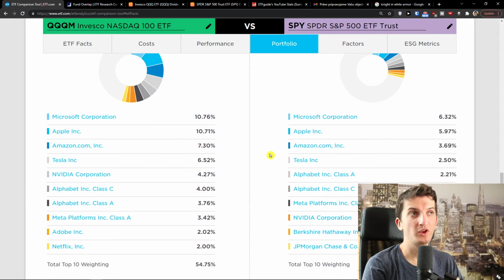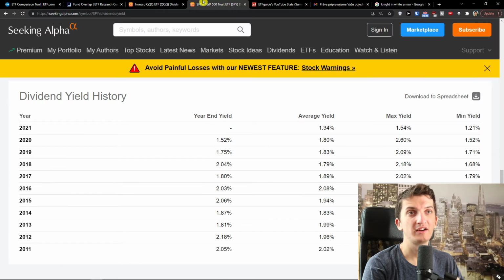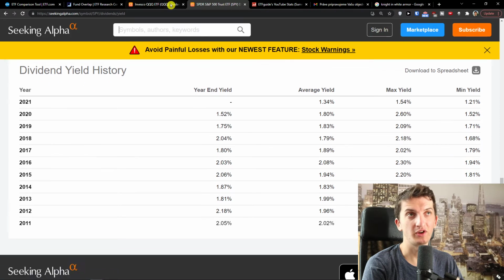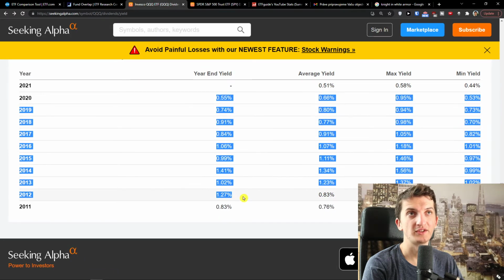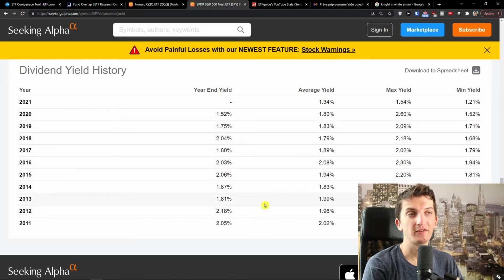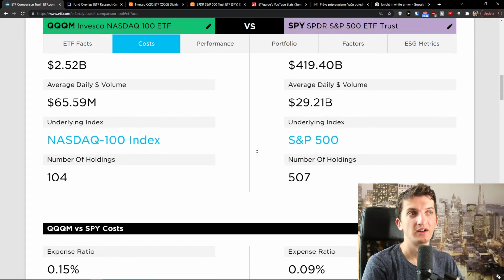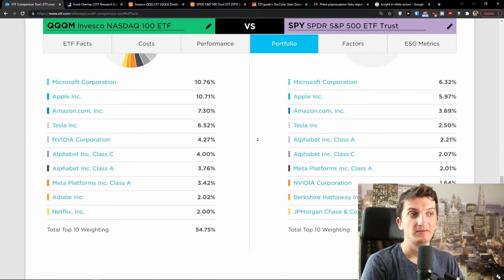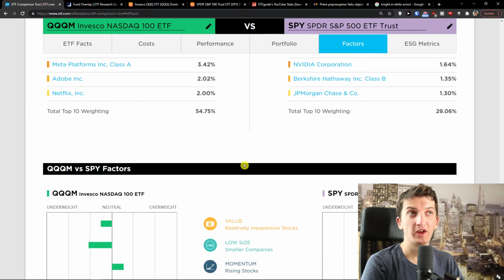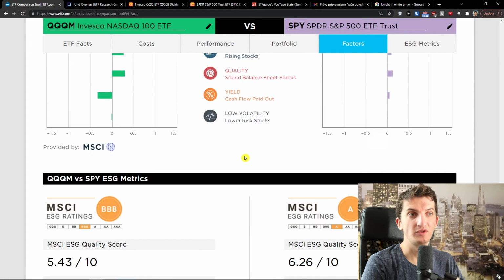And another thing to know about SPY is that it has a higher dividend yield when you check the history of it. When we compare it to QQQ, look at this, you see it for yourselves. Dividend yield is better, the portfolio is more diversified, and the expense ratio is lower. So these are the things, but it's up to you whether you like SPY, whether you like the S&P 500, the underlying index, and how risky you want to be. That's your money, so it's up to you what you want.